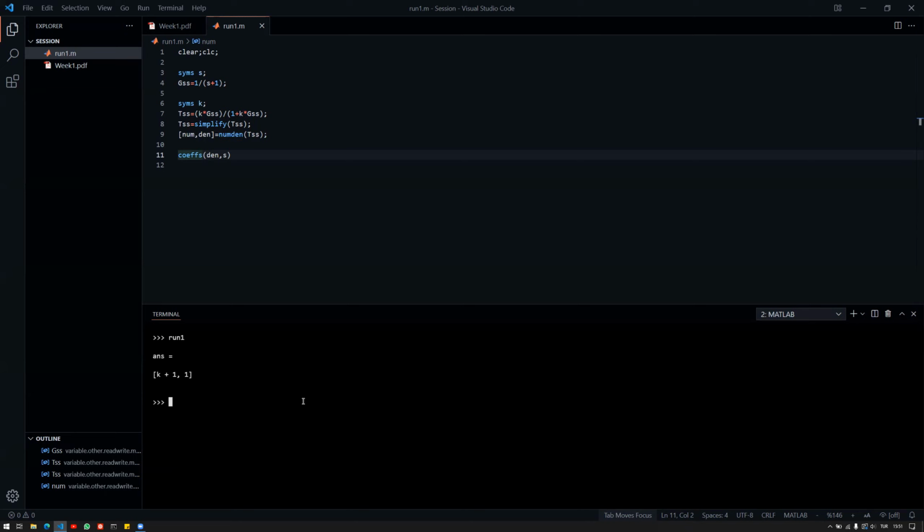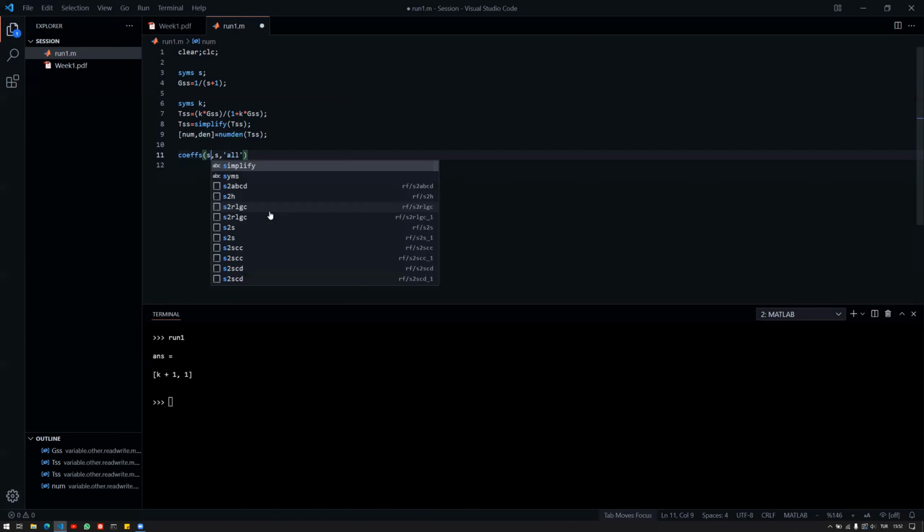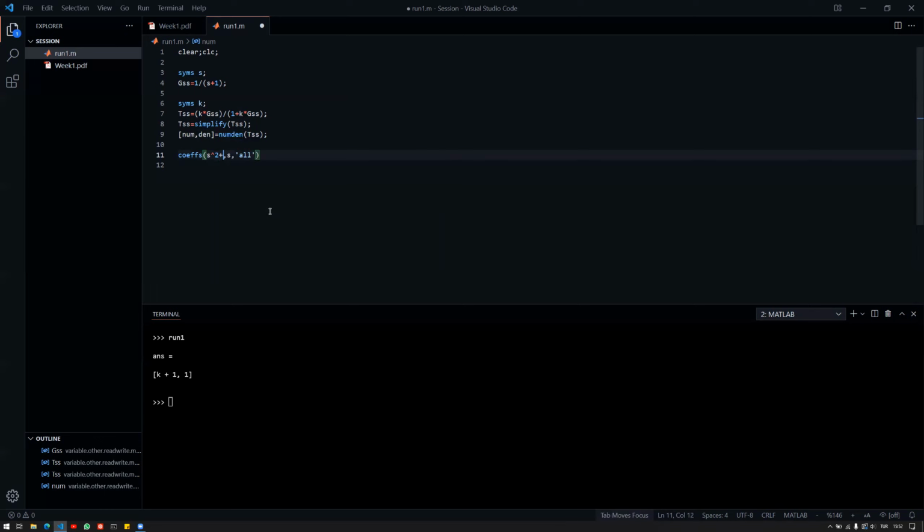But in order to be safe, what we will also provide is a character vector here called all, which means that if there are missing powers of s, for example, if you have s squared plus 1, then you don't have any s term. So you are telling the symbolic toolbox to also fill in the missing powers. If it's 0, then you should give me a 0. Because if you don't do that, and if you, for example, give s squared plus 1,